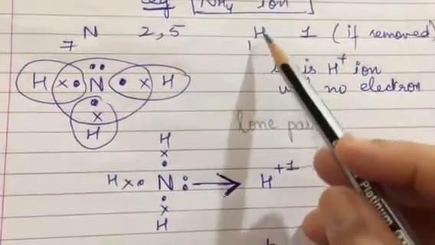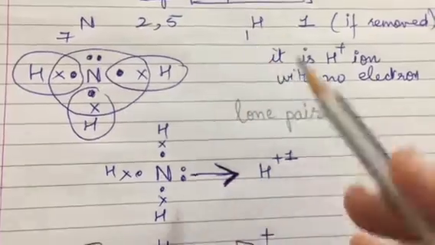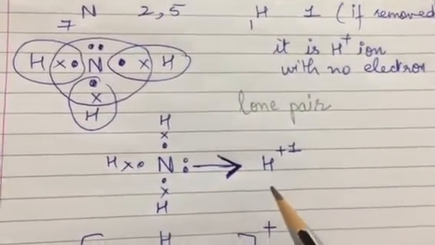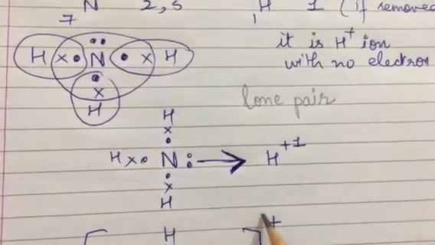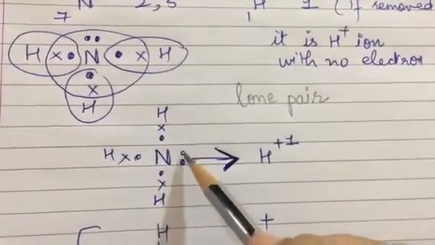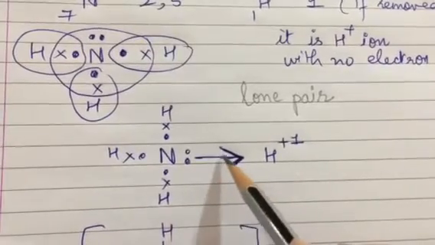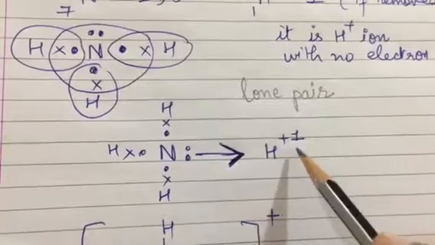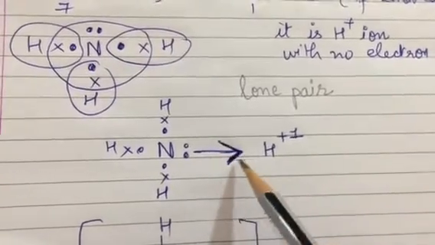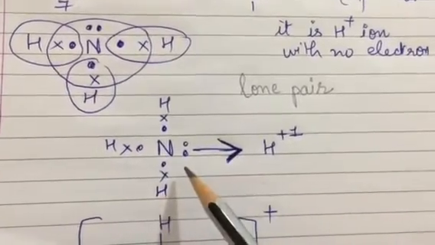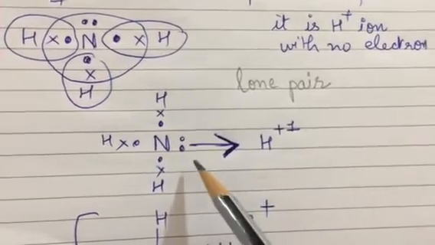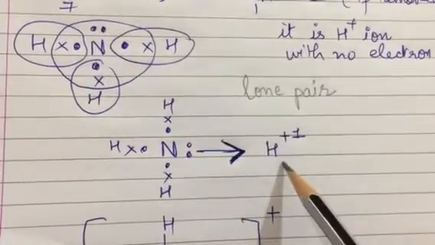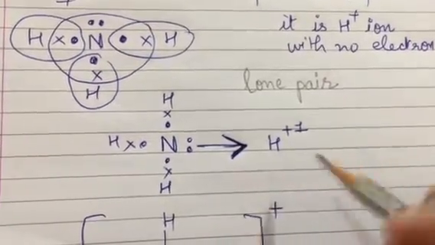the only electron the hydrogen atom has. So H plus 1 is basically a proton. It doesn't have an electron at all. So this entire pair of electrons would be donated to this H plus 1 ion. This donation of electrons by a more electronegative atom to an electropositive ion is basically known as a coordinate bond, also